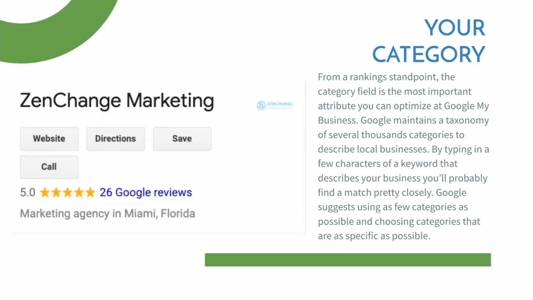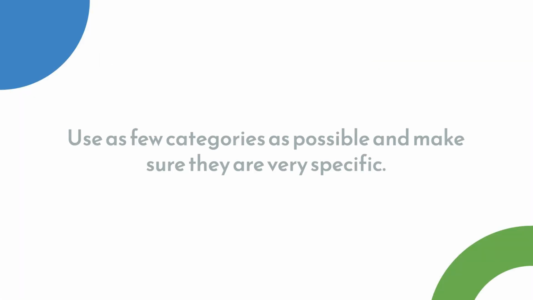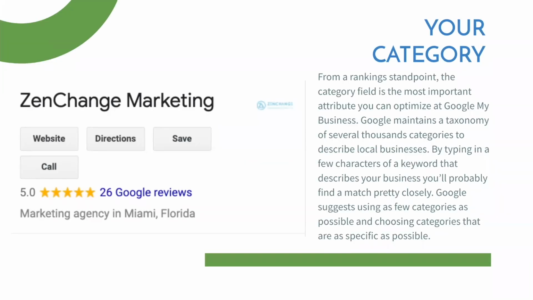Google maintains a huge list of several thousand categories to describe local businesses. By typing in a few characters of a keyword that describes your business, you'll probably find a match pretty closely. Google suggests using as few categories as possible, as well as categories that are as specific as possible. And while it's true that Google can and does detect category information from your website and from mentions about your business throughout the web, my advice, guys, is to explicitly specify as many relevant categories as you can on your